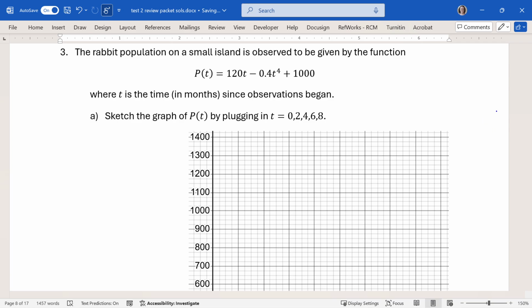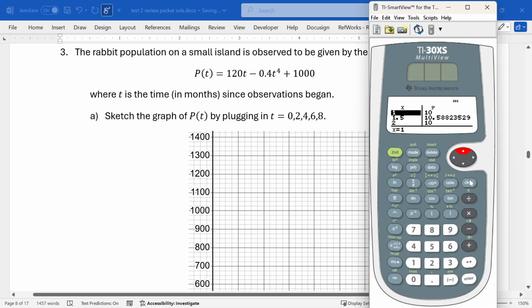So the rabbit population on a small island is observed to be given by the function p of t equals 120t minus 0.4 t to the fourth plus 1000, where t is the time in months since observations began. So first we're going to sketch the graph again. I'm going to go to my calculator, and I'm going to go to table, clear. Okay, and I'm going to put in 120x